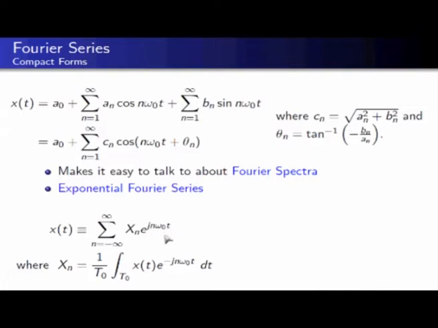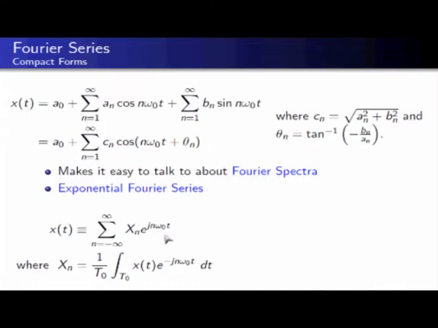Xn becomes the Fourier coefficient, and instead of sine and cosine I now have e to the power of j n omega naught t, where n omega naught is the nth harmonic of the fundamental frequency. And Xn is given by a simple relationship: 1 by T naught times the integration of x of t multiplied by e raised to minus j n omega naught t,